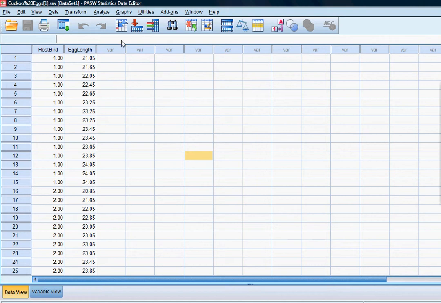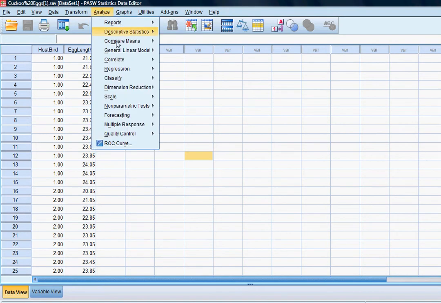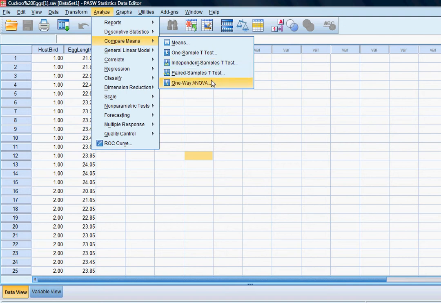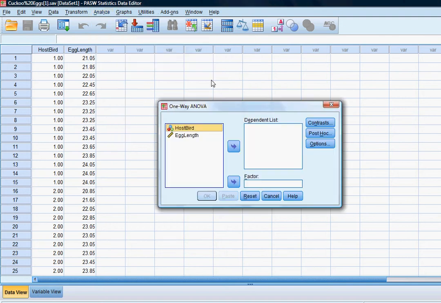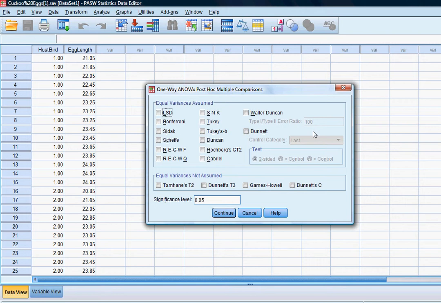So what we do is we go up to Analyze, Compare Means, One-Way ANOVA. When you do this, the One-Way ANOVA box pops up, and we will put egg length into our dependent list, or our response variable, and host bird will be our factor, or explanatory variable. Once we have that selected, we go over to post hoc, and we will use a Tukey post hoc test,